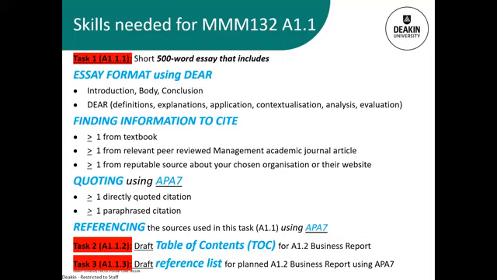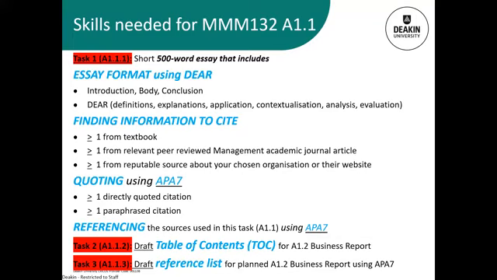So if we go through the tasks now and make things a bit clearer. The first task there is a 500-word mini essay, and you might break that up into 2 or 3 or 4 short paragraphs. And with that 500 words, there's no plus or minus 10%. So that is the word limit. So you will need to write concisely, and that may be a bit of a challenge.